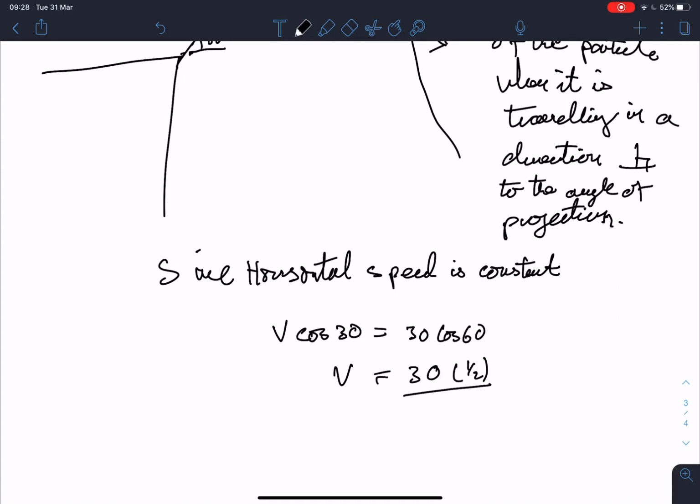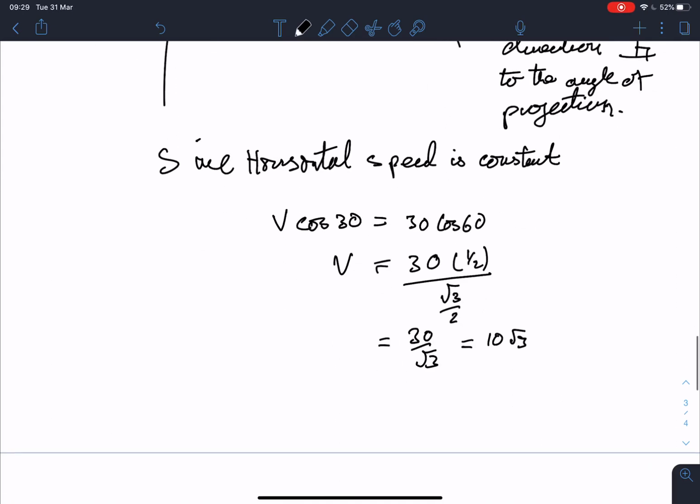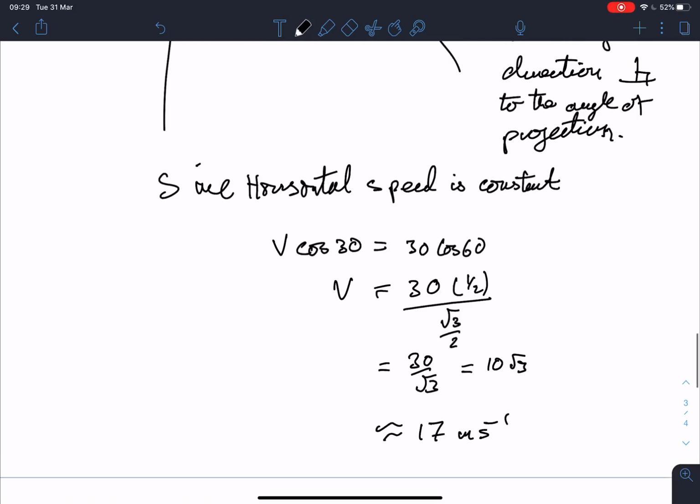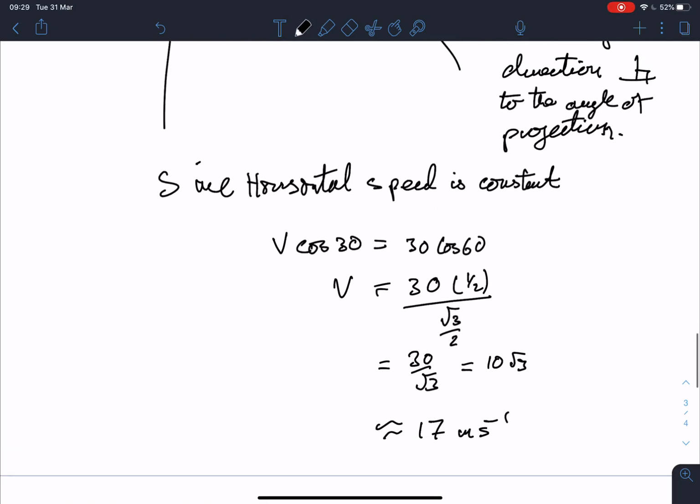So this distance here is either v cos 30 or, using the projection one, it's 30 cos of 30. And since horizontal speed is constant,